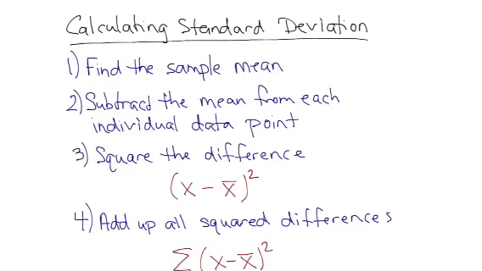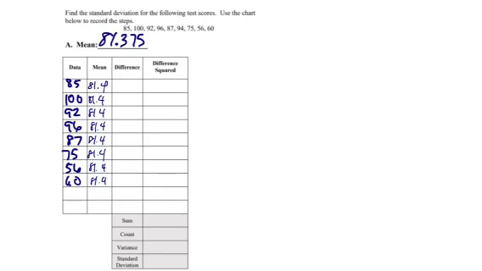Find the sample mean. Now we need to subtract the mean from each individual data point. The answer to a subtraction is the word difference, so that's what this column is all about. We're going to find the difference. It means to subtract. So like the first one, I'll do 85 minus 81.4, which will get me an answer of 3.6. And the next one, 100 minus 81.4, would get me an answer of 18.6. And then the next one, I would get 10.6, and then this next one here, if I subtract those, I would get 14.6, and then